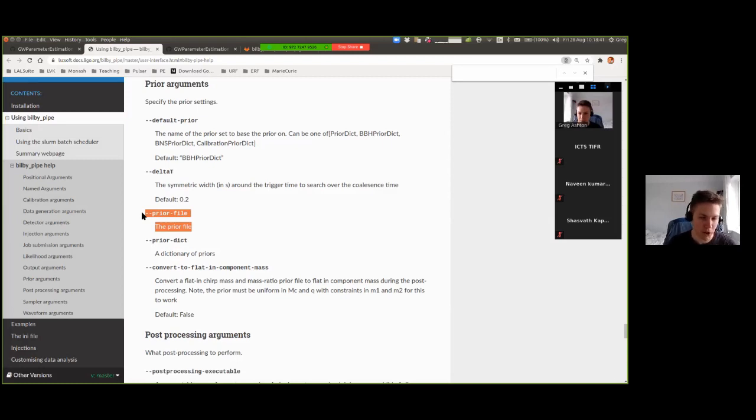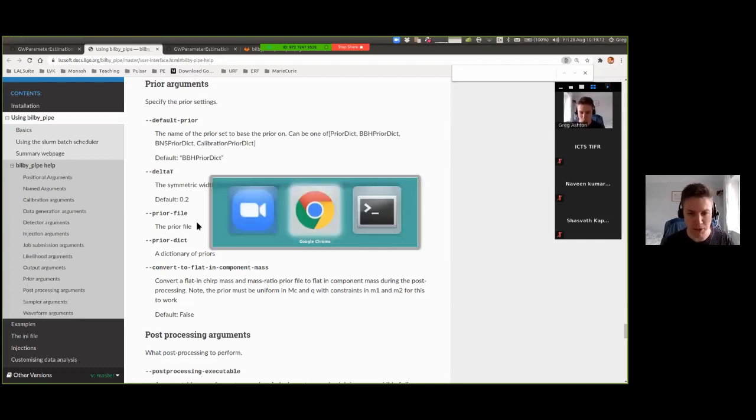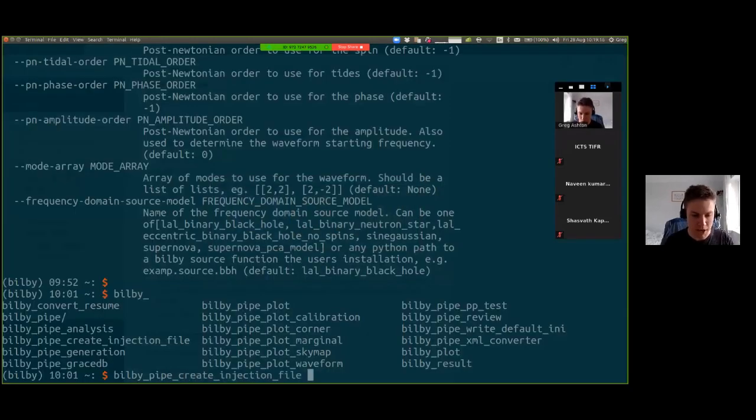Now, it's a good point, and a potential future improvement is that we could add an injection prior file, in which you could pass in a different prior file to do injections from than you would when you do the analysis. At the moment, if you want to draw 100 simulations from some particular distribution and then analyze them with some different prior, the way to do that is there's a bilby_pipe_create_injection_file